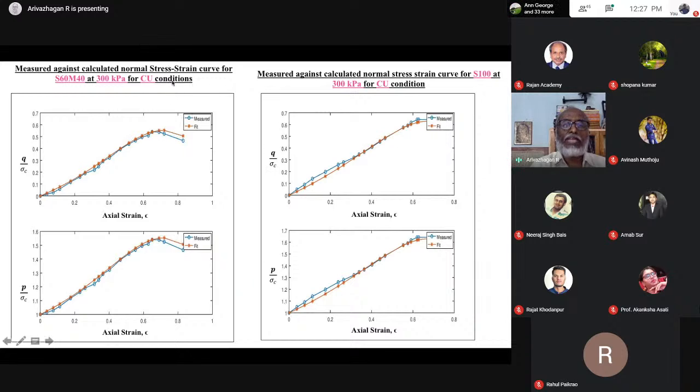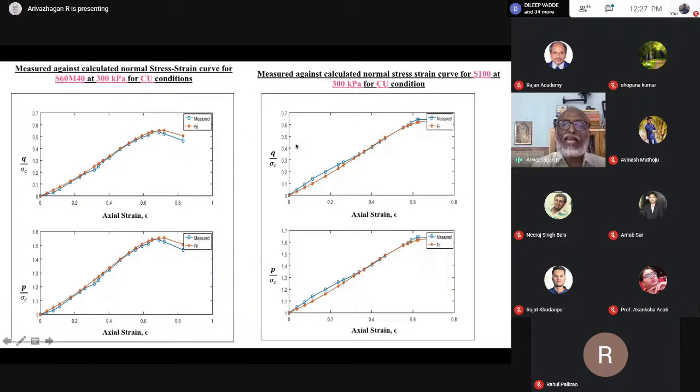This is a measured value, in red color. The measured value means I can directly draw a stress strain curve. That is a value obtained from the triaxial test. So the first one is measured directly from the triaxial test. Another one is called the calculated value. The red line is a calculated value, and P and Q were calculated from the model parameters A, J, K, L, B, and D. So from this I draw the curve like this. Some examples only I put here.